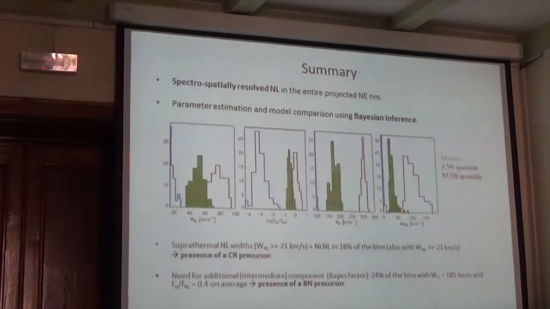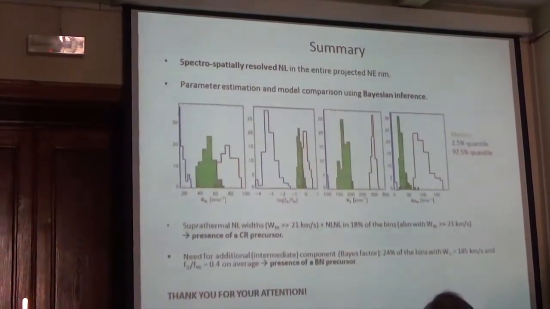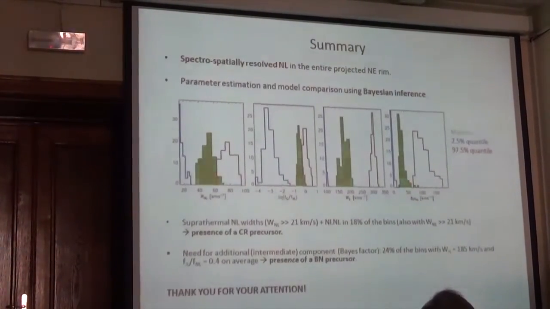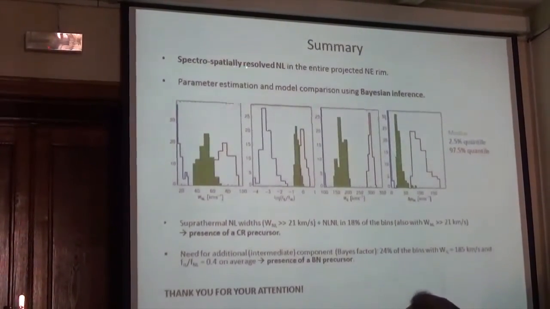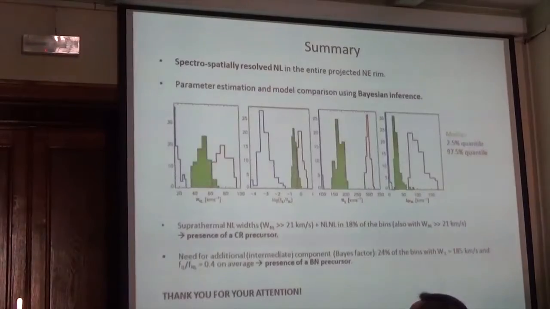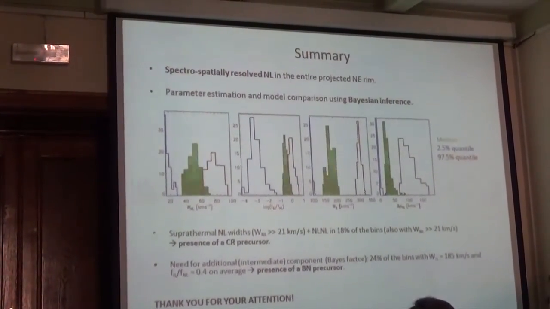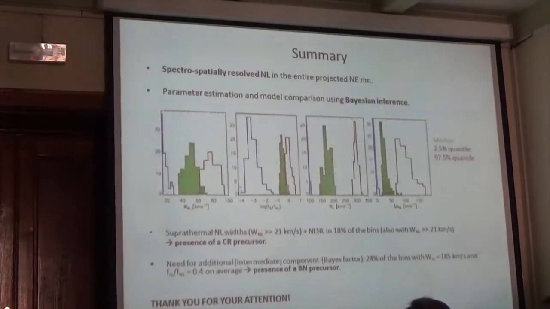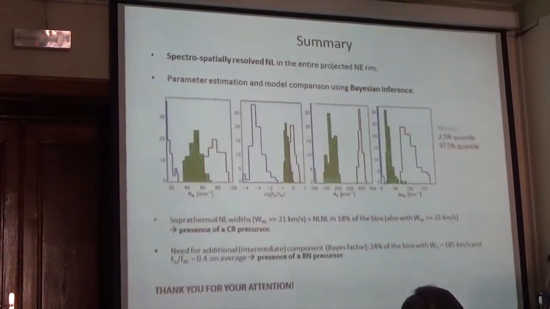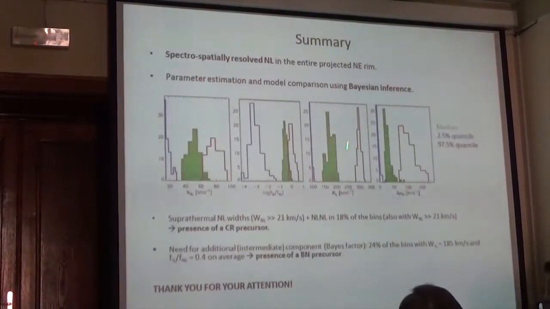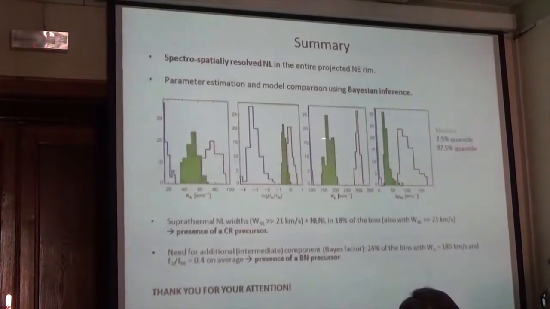And so I come to summary. I want to point out that we spectrospatially resolve the narrow line in the entire projected northeastern rim of Tycho. We used a Bayesian inference to estimate the parameters and model comparison. Here is a more quantitative